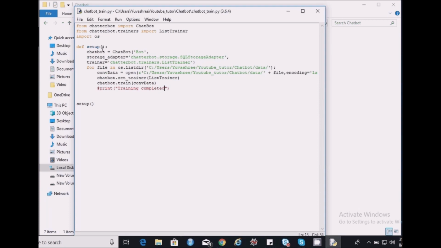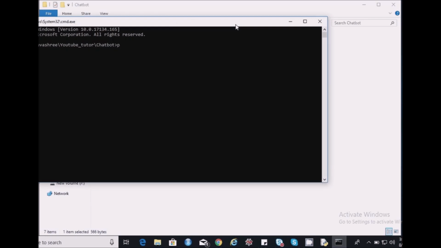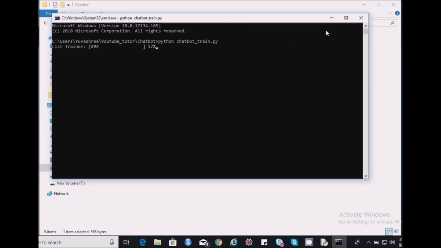I have just converted the same code into a Python function called setup, and below I am invoking the same setup function. So if I run this file, it will train my chatbot